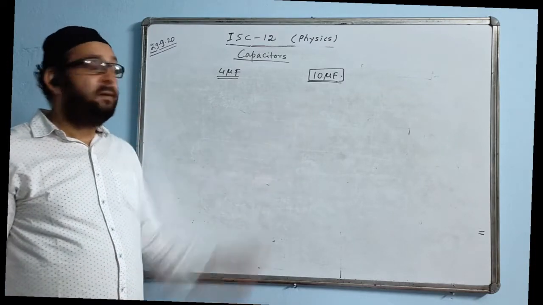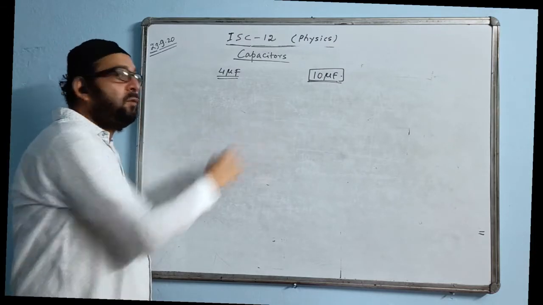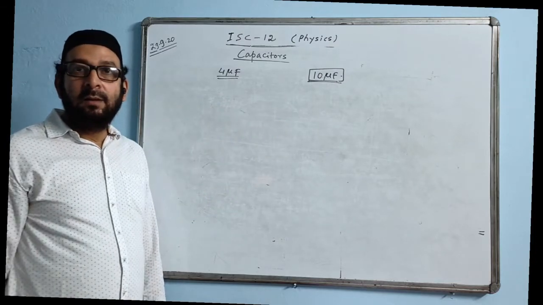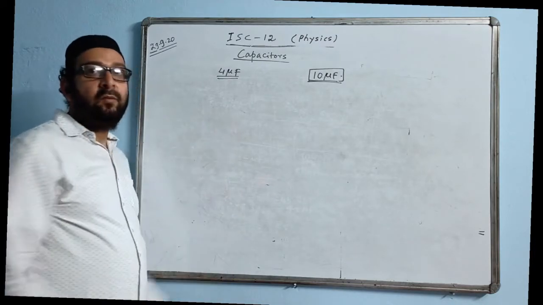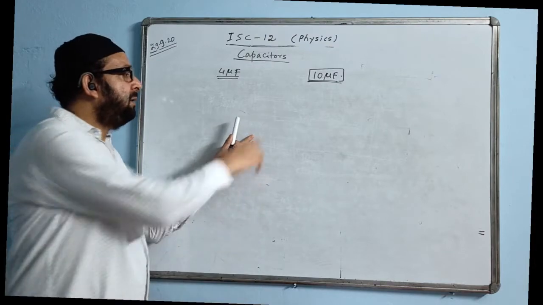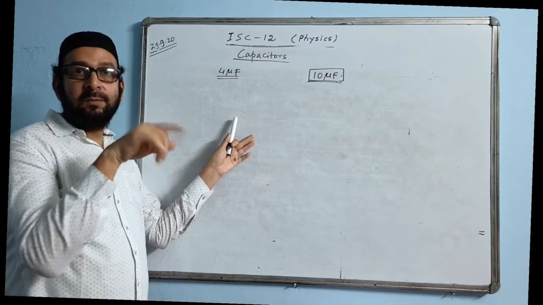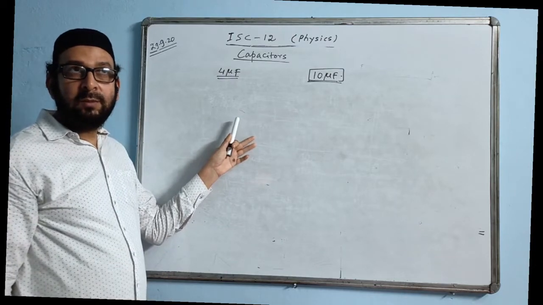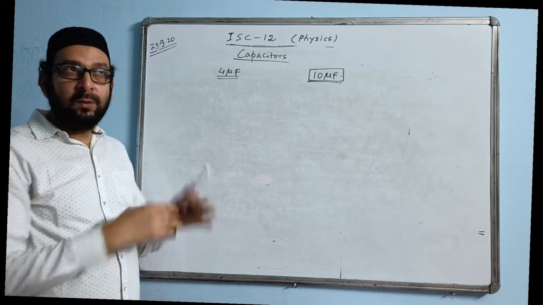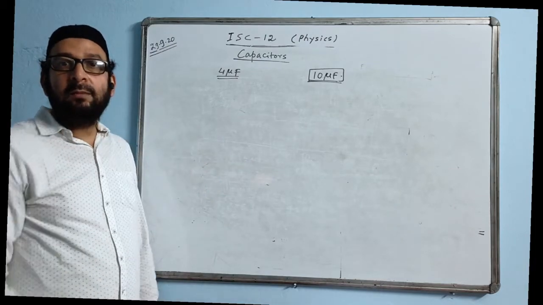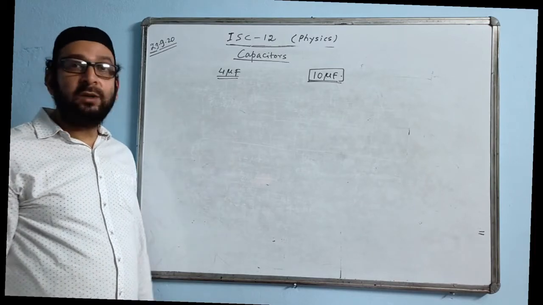You have to get a total of 10. If you connect all of them in addition, like 4 plus 4 plus 4, the answer becomes 12. So how do we do it? 4 plus 4 will be 8, and then the other two 4s we put in using the reciprocal formula. So 1 by 4 plus 1 by 4 is 2 by 4, and the reciprocal becomes 2. That is 4 plus 4 plus 2, the total becomes 10. But now how do we draw the diagram to show this?